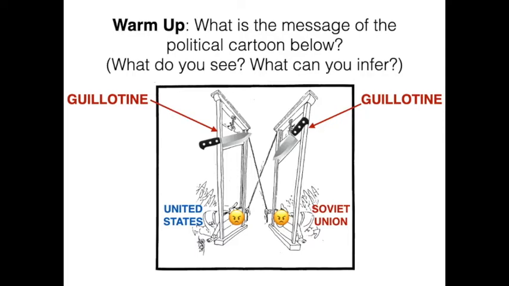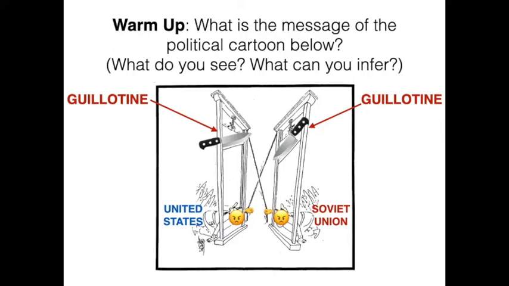So, if you look at the two people who are making these faces, you'll notice you can see a fist, and each of them has a fist that is holding on to a rope, right? So, what is going to happen here? They're both holding each other's guillotine rope. So if one of them lets go of the rope in order to kill the other person, what's going to happen to them? Let's take a look.